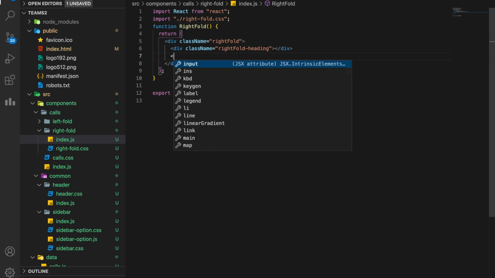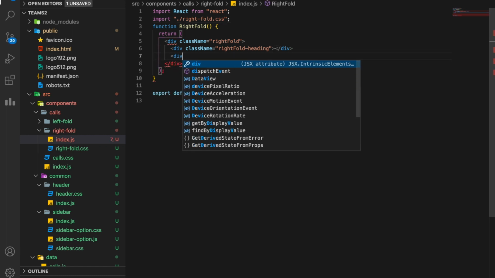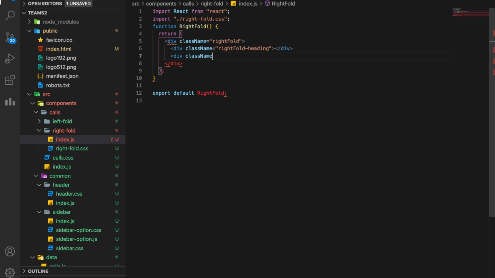One div. The second div is options, so I'll give it a class name of right fold options. Okay, and finally the last div is our contact list div, and that is contact list.